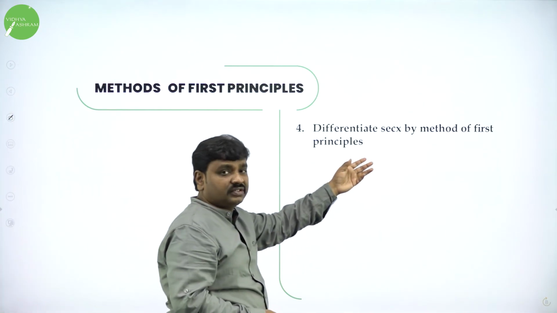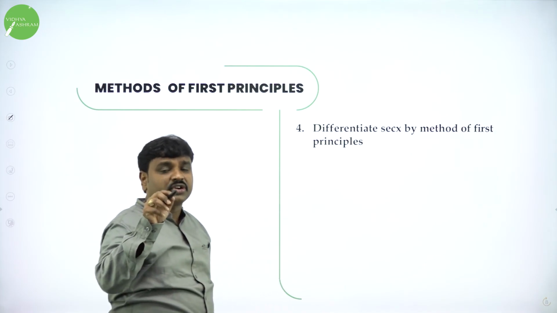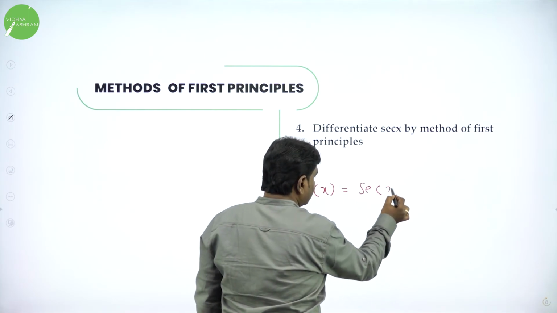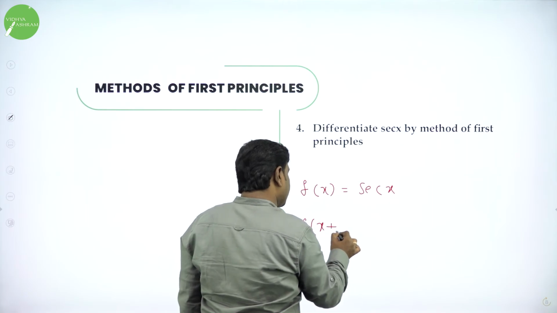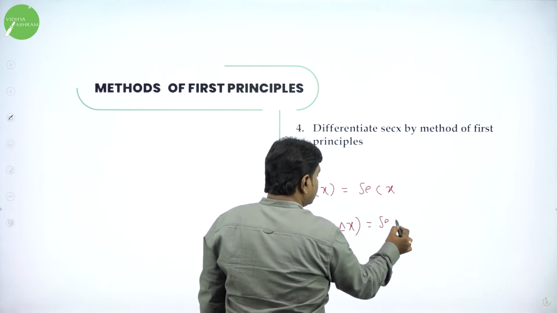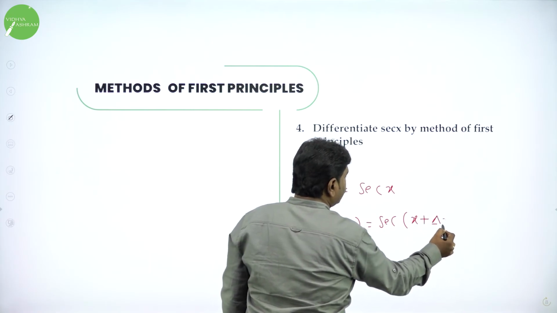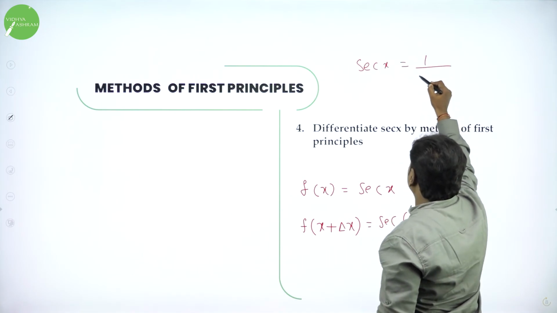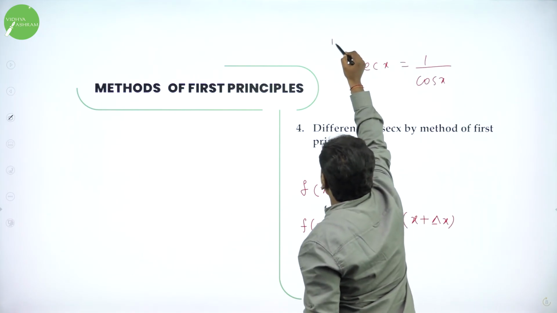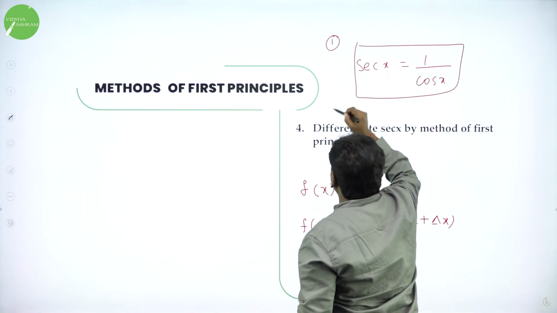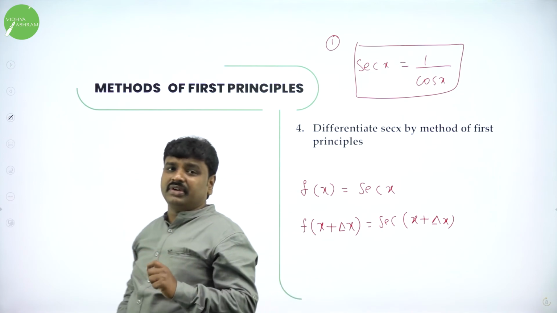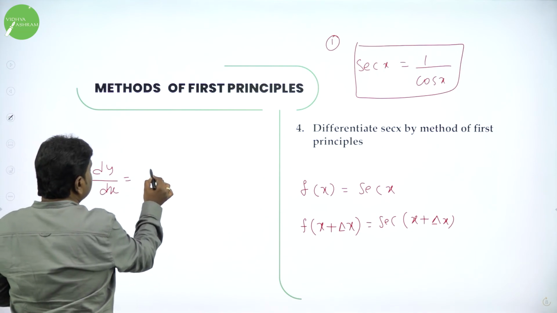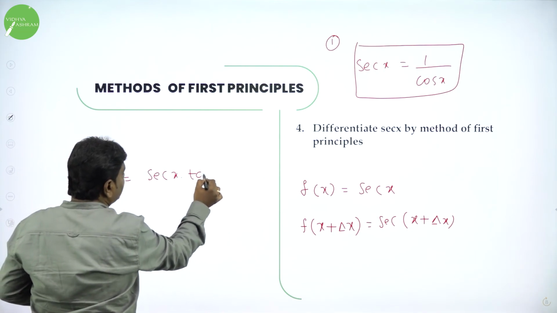Similarly, secant x. Let me guide you the hints and I will expect you people to complete this. So, here f of x you take it as what? Secant x. Then take f of x plus delta x. What is f of x plus delta x? Secant of x plus delta x. Hint is simple. All of you know secant is the reciprocal of cos. Secant x in maths can be written as 1 by cos x. This is the hint number 1. So, hint number 1 I am giving you, and hint number 2 is simple. So, final answer I am giving you, at the end you are supposed to get this dy by dx for secant x should be what? Secant x into tan x. Your final answer you rearrange and get this form.